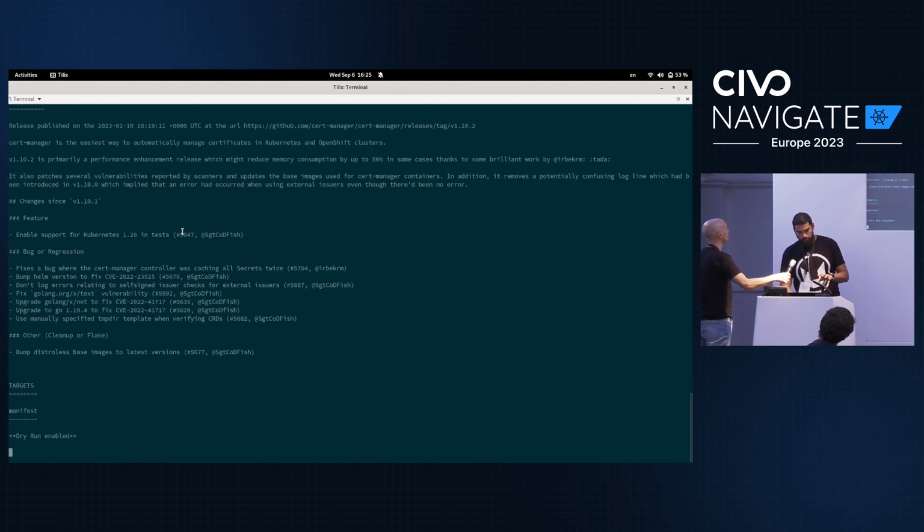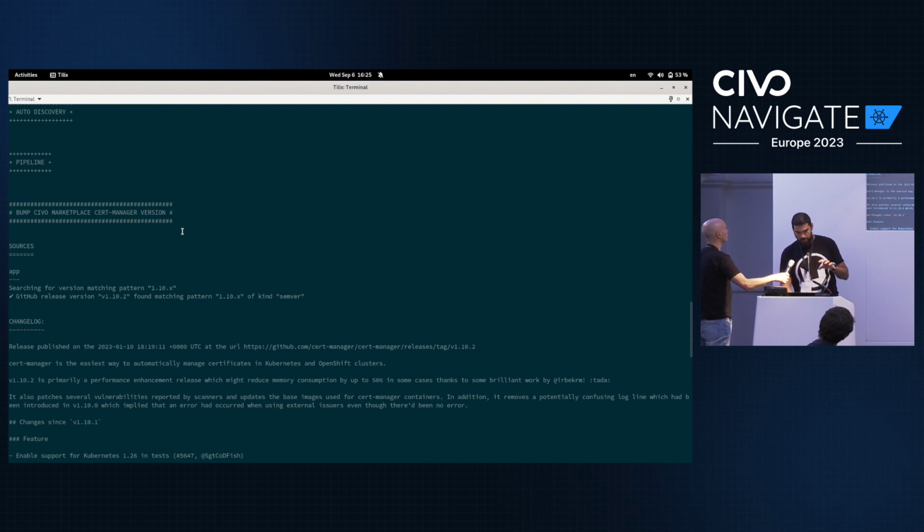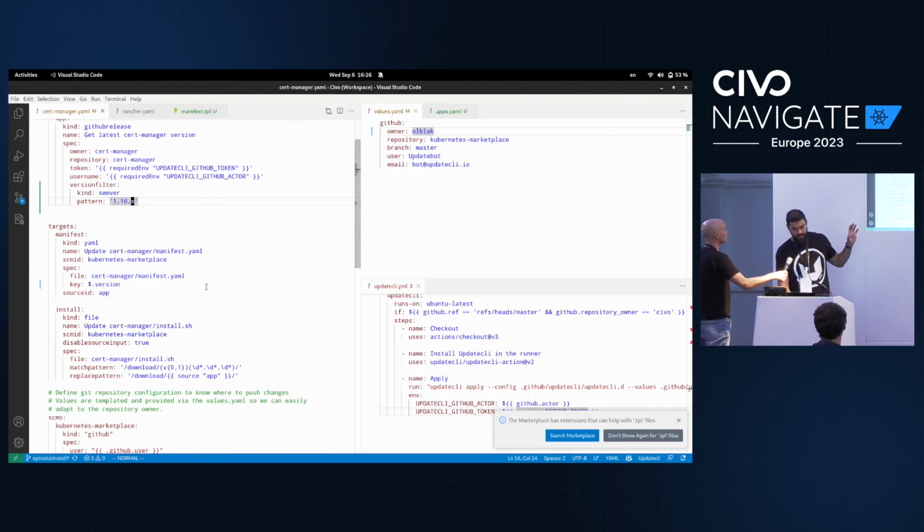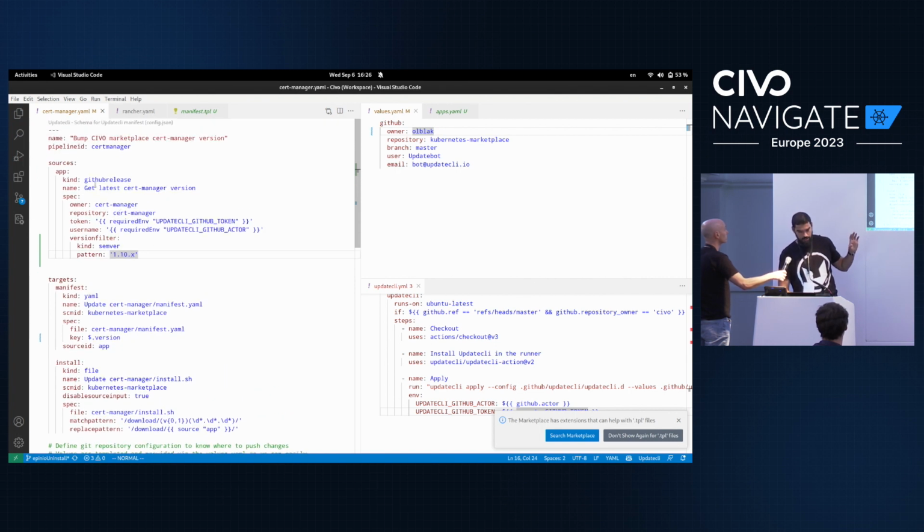The way the tool behaves is exactly the same on my machine or in the CI. So in this case, I found 1.10.2, which is the latest version, assuming my pattern for the semantic version that I'm looking for. So this is a really simple manifest. And so we just leave that on the Git repository, and then each time updateCLI runs,